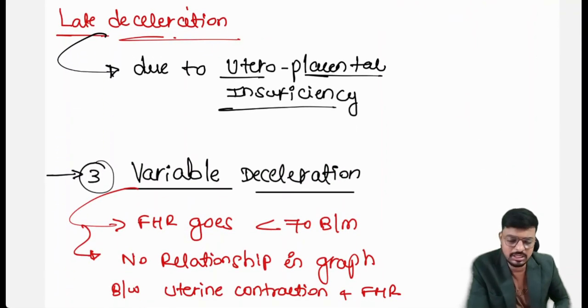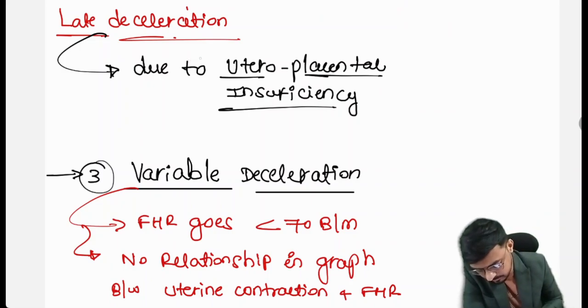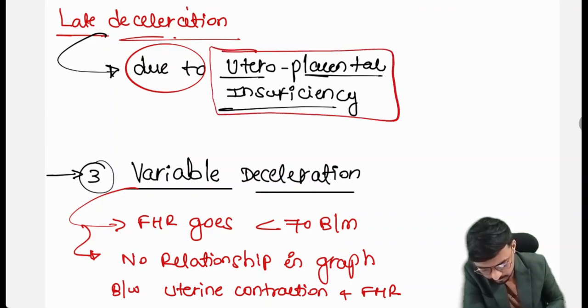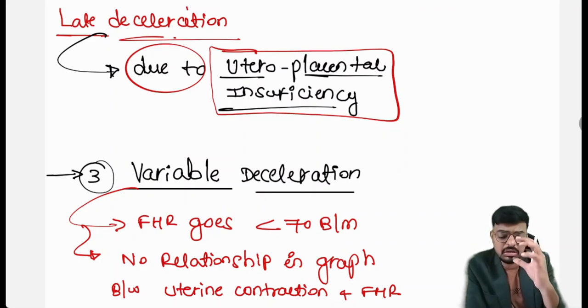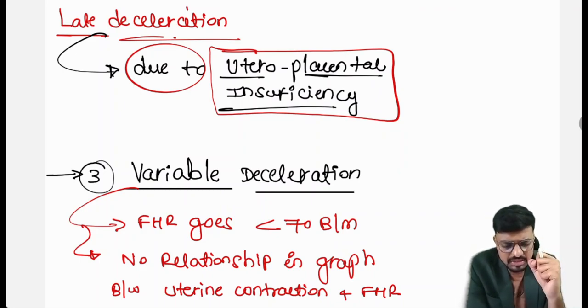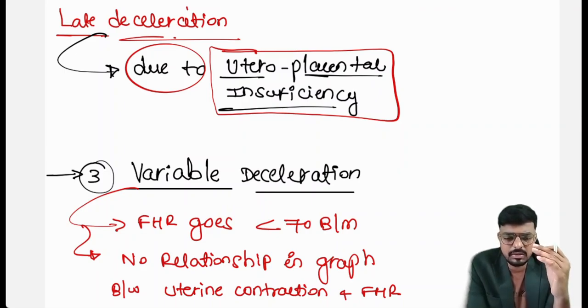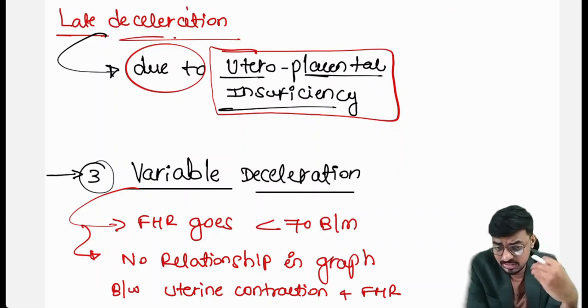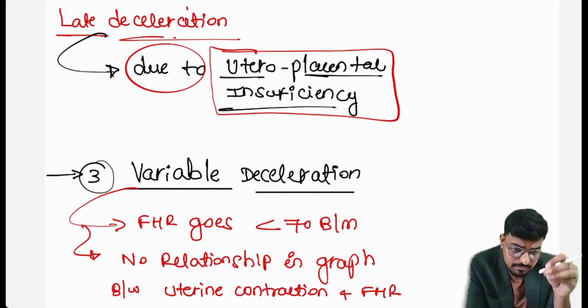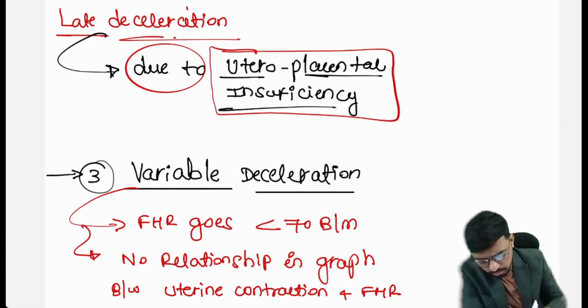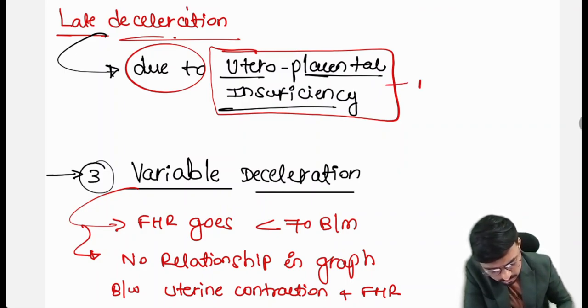Sir, why is the late deceleration happening? What is the reason? It is happening due to uteroplacental insufficiency. When the uterus contracts very tight, the blood supply to the uterus decreases, which means the nutrition and oxygen supply to the placenta decreases. So the blood supply and oxygen supply to the fetus decreases. That is uteroplacental insufficiency, and which leads to the